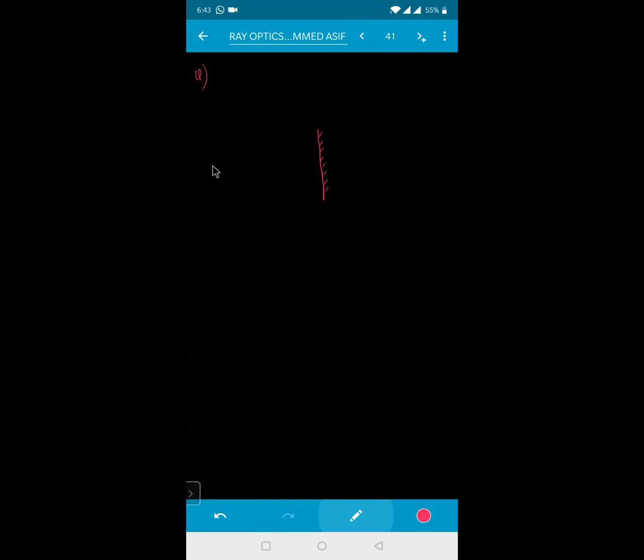And here is somewhere your object. That is nothing but your object distance is, say for example, at a distance of your L. Okay, from the center this distance is right now for me, and the total length of the mirror is also equal to your L. Find field of view. Find field of view.